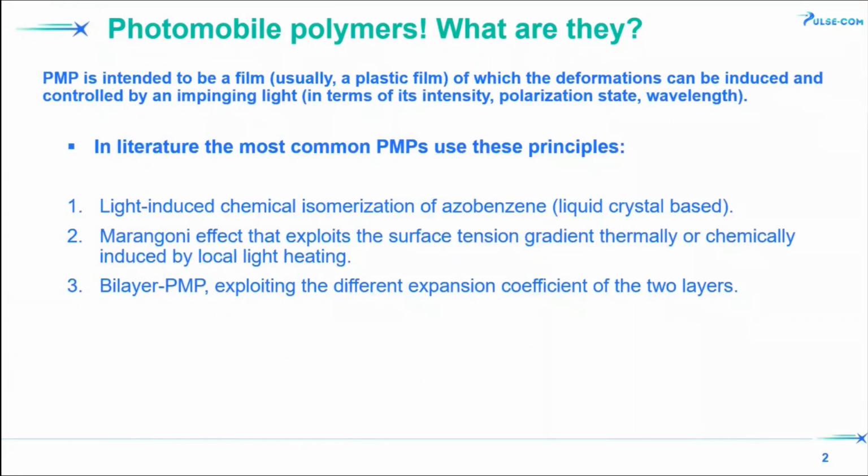So first of all, what are photomobile polymers? PMPs are intended as plastic films, basically, that can be deformed by using an impinging light, and you can modulate this deformation with the intensity of light, polarization, and wavelength. In literature, you can find a lot of this kind of material. They're usually based on the light-induced chemical isomerization of azobenzene,